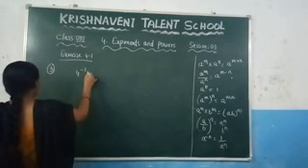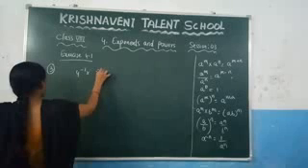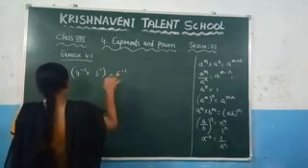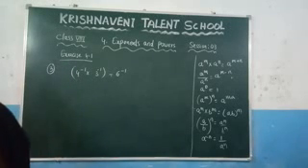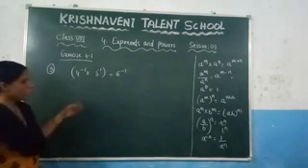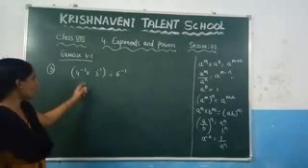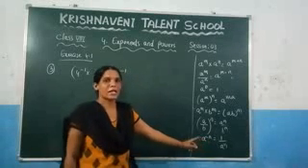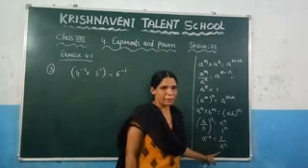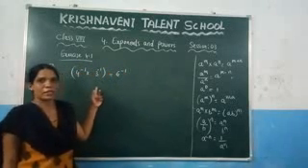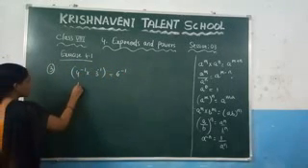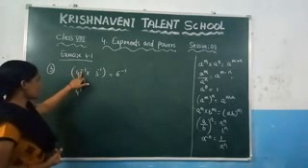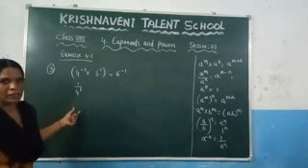Four power minus 1 into 3 power minus 1 divided by 6 power minus 1. So let us see the next question here. Now you can observe that it is in the form of a power minus 1. That means it is in the form of a power minus n. You know that a power minus n is nothing but 1 by a power n. So you can apply that law of exponent here. So you can write this one as 1 by 4 power 1. Right? Here if the power is negative, you write it in the form of 1 by that value.